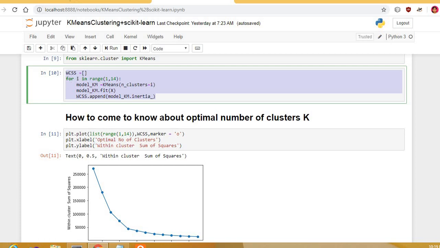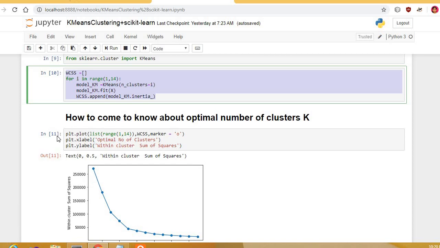Within cluster sum of squares. Remember, before the start of the lecture we saw what Euclidean distance is. Euclidean distance is the distance between the data points and the centroid of the cluster. We are taking the sum of squares of those distances. Why sum of squares? Because there can be negative values also, and negative values have to be nullified, right? The distance can be between p comma q or q comma p. Distance p comma q is 5 minus 4, or q comma p can be 4 minus 5. That is minus 1, the whole square, so it becomes 1, right? So in order to nullify the effect of negative distances, we consider the sum of squares of these Euclidean distances.